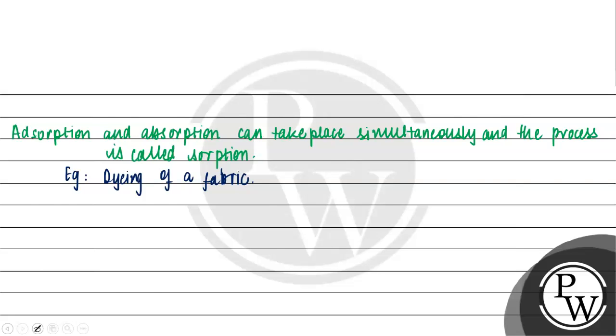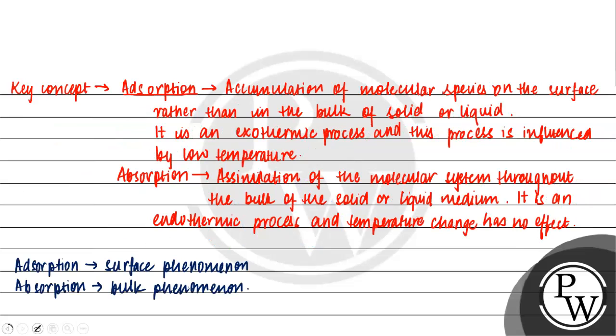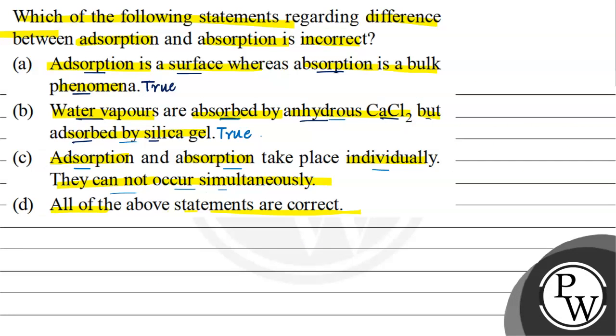Now let us talk about the third point. तो हमारा third point तो false हो गया. So this will be the correct answer to the question. And fourth point ने तो कह रखा है all of the above statements are correct. हमने अभी अभी prove किया that third statement is wrong. So this will be the final answer to the question. I hope you understood the question well. Best of luck.